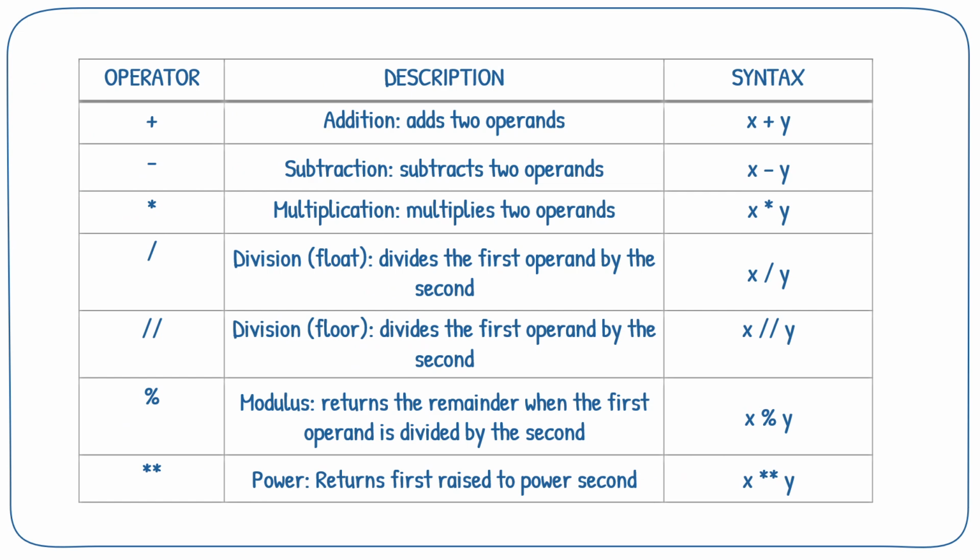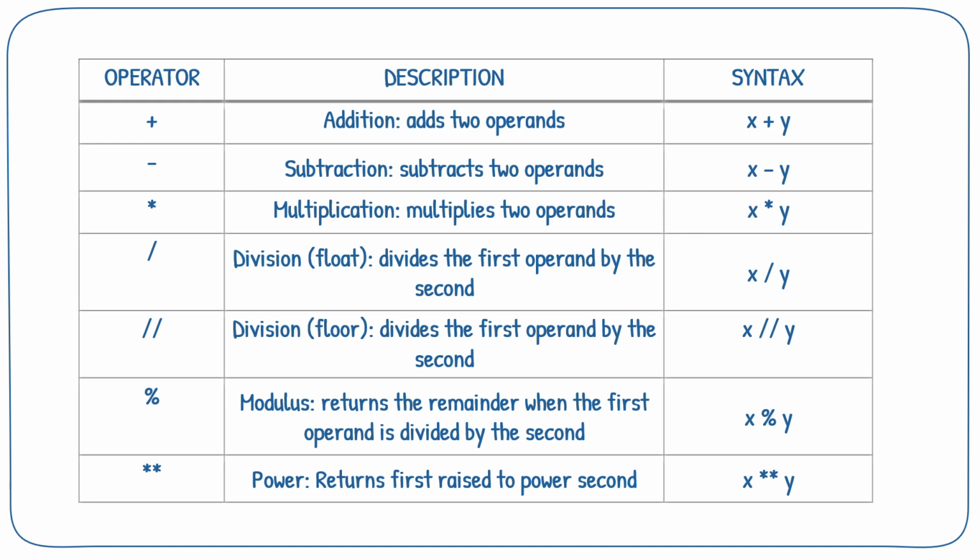The 7 operators here are the addition operator, which adds 2 values, the subtraction operator, which subtracts one value from another, the multiplication operator, which multiplies the values on either side of the operator, the division operator, which divides the left operand by the right operand, the modulus operator, which gives the remainder of the division, the exponent operator, which calculates the exponential power value, and the integer division operator, which gives the integer quotient.